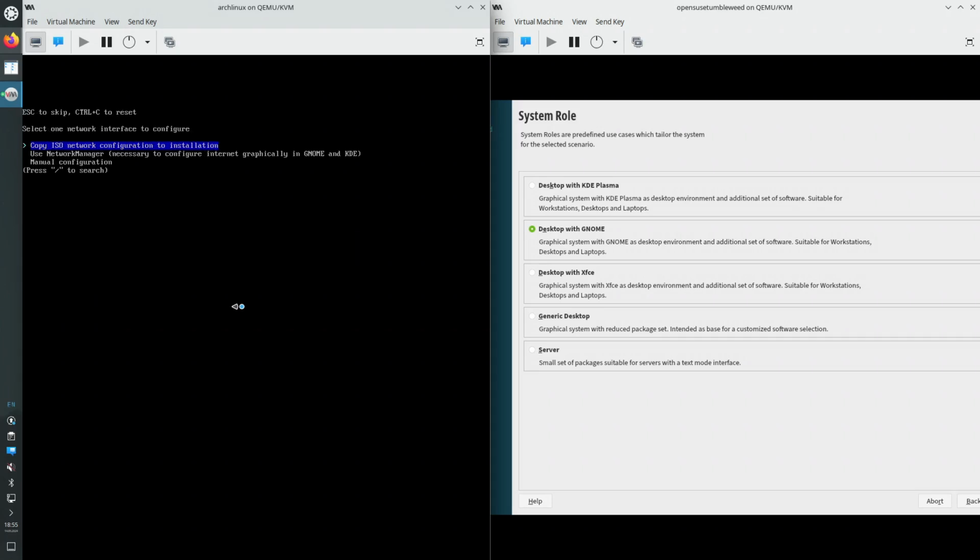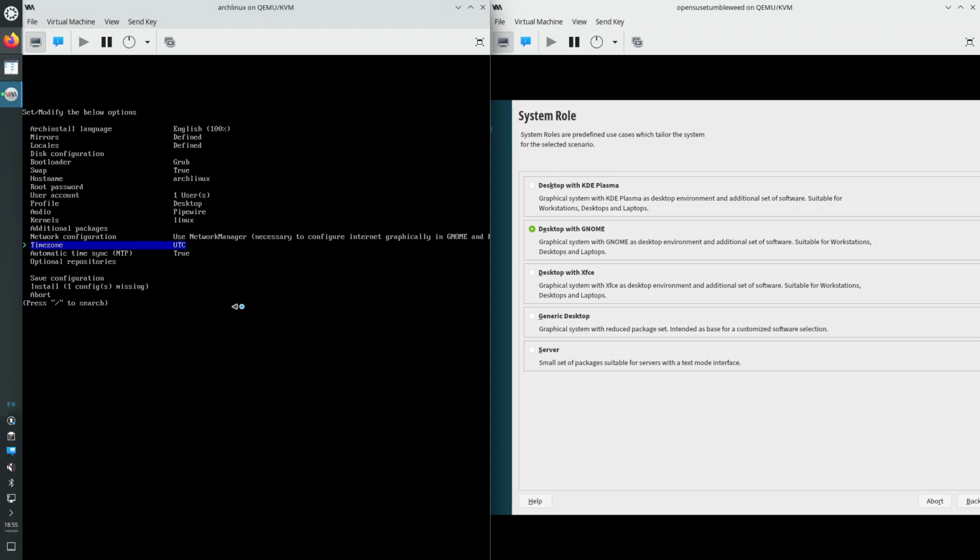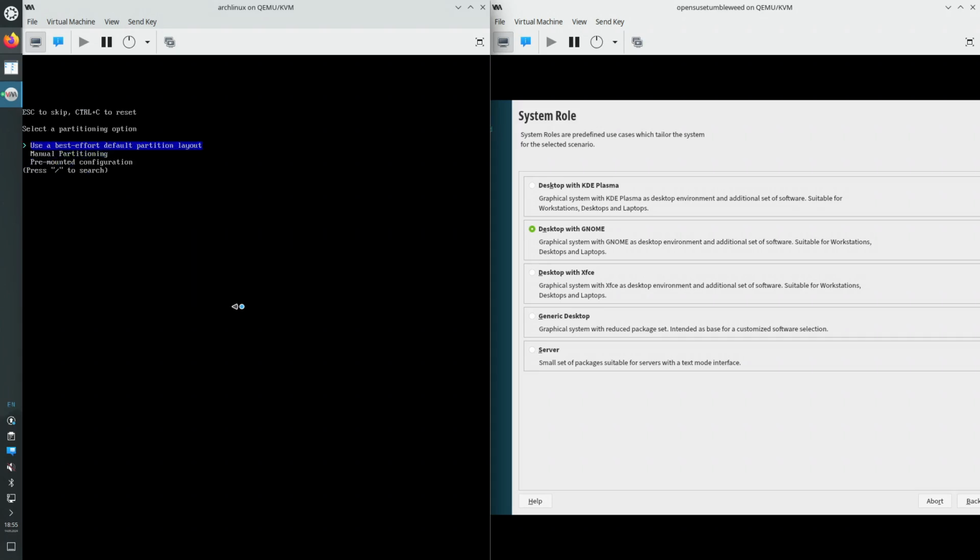Network configuration. Use network manager. Time zone UTC. No optional repositories. So we do not have a password for the user root because we have a user that's a sudoer, so we can use that. We have the bootloader, this configuration,